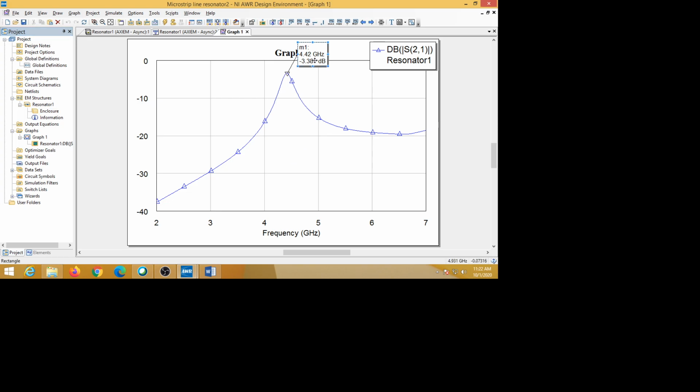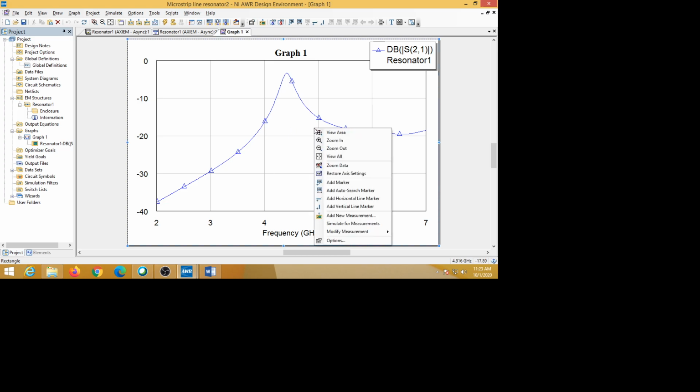From this plot we have to measure the insertion loss, the bandwidth, and the resonant frequency. But first we will change the thickness of this plot.